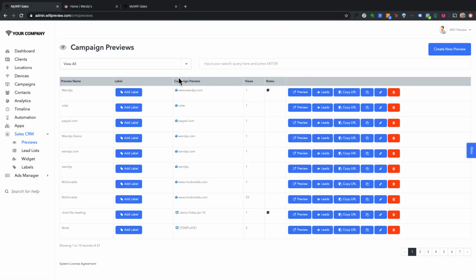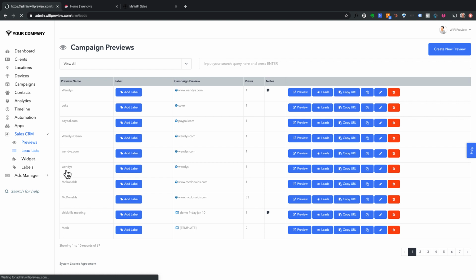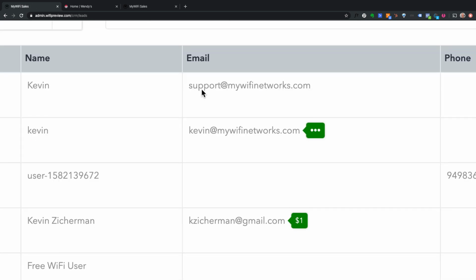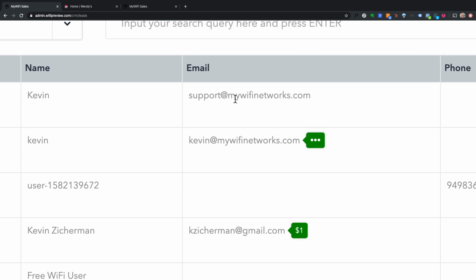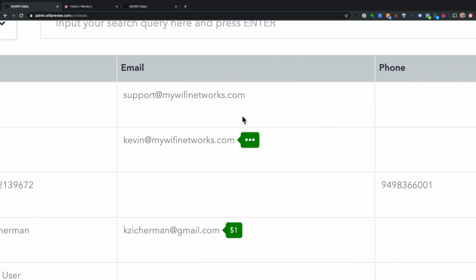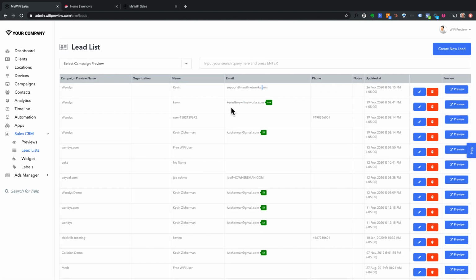And you'll see here, by me going through that flow, if I refresh here instead of one view, actually it won't count my view because I'm cookied inside this browser, but what it will show is my email that I entered. So you saw I just entered support at mywifinetworks.com, and this is all time-stamped exactly at this time. This email was entered on a preview link, but this is your opportunity now to reach out to this